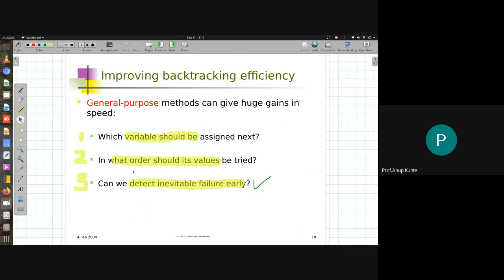The first improvement in backtracking would be to decide how we choose a variable. Should we have any criteria to choose a variable upon? Will having a criteria get me to the solution quicker than otherwise? Second, does the selection of the variable plus the ordering of the values give me some interesting results?